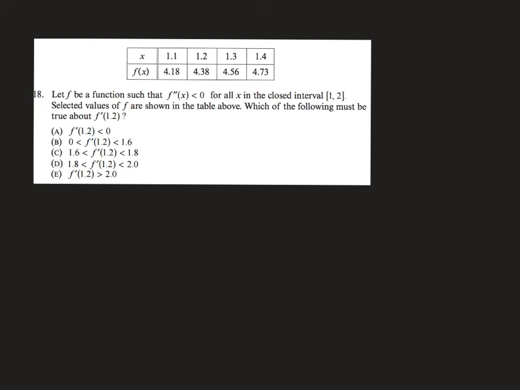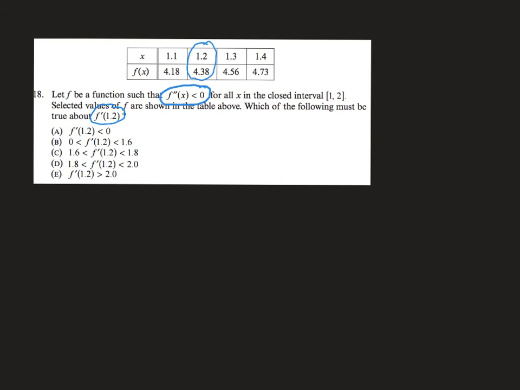So this one's a little more complicated. Let f be the function such that the second derivative is less than 0 for all x in 1 to 2. What that's telling us is that the derivative, the first derivative, is decreasing. Keeping that in mind, we are asked to find out which of the following things must be true about f prime of 1.2. So we're zeroing in on this point right here,